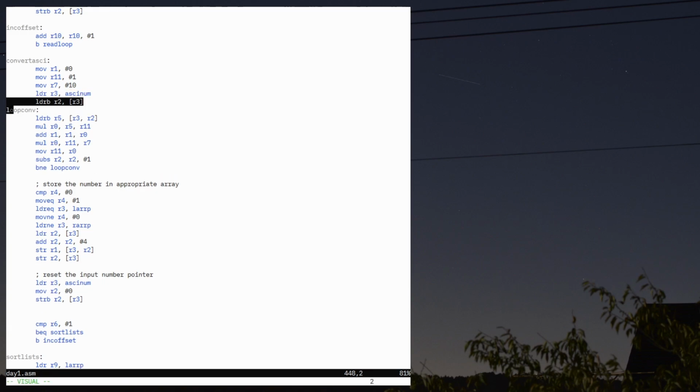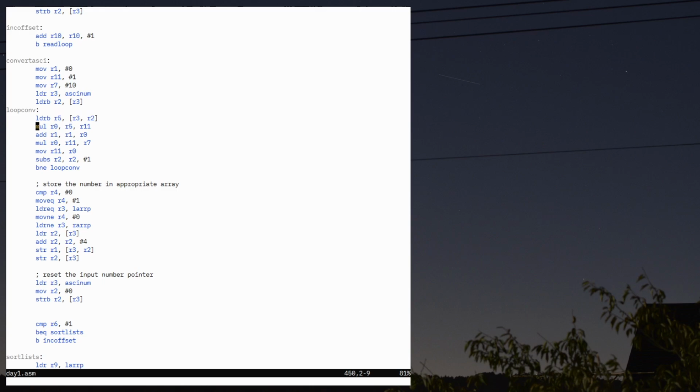Then we load our offset into R2. So how many values are in ASCII num? And we go into the loop convert. So the first thing we do, we load a byte. We load the first value, which is the last value, right? The ones column